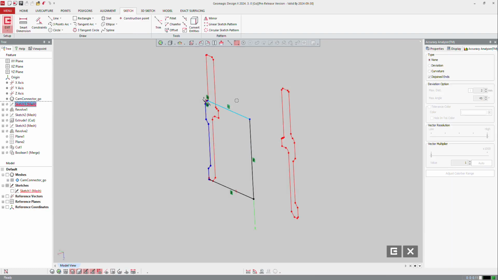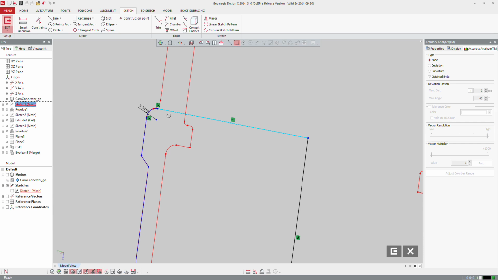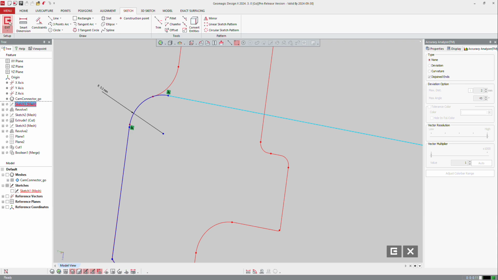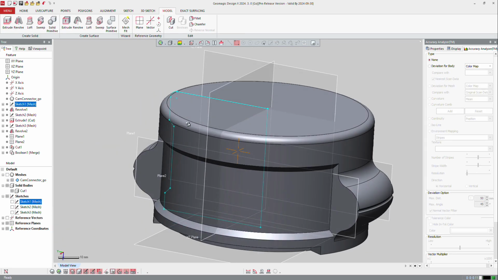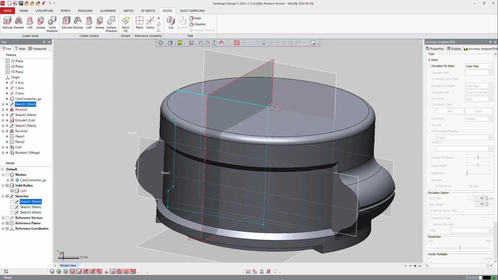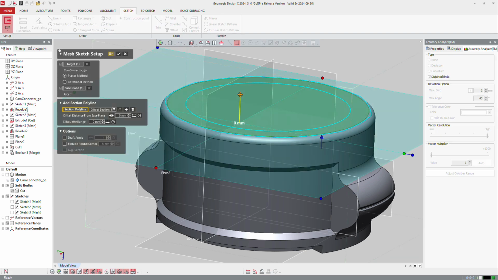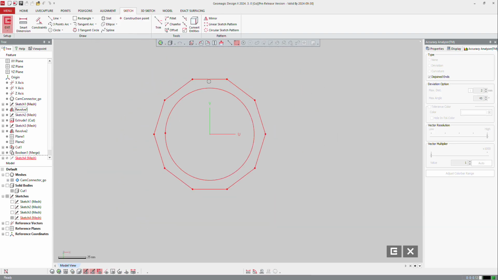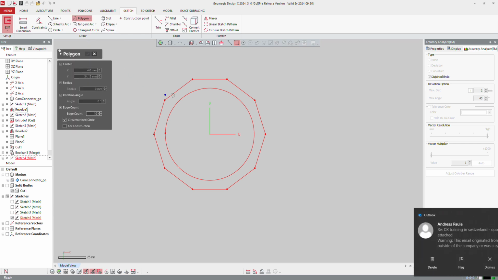So I made a mistake here. I will make it horizontal just to make sure that this is a plane, and I can check again if it's still good. It was a little bit shifted, and okay. So right mouse click here, mesh sketch, and I will move it up a little bit. So if I go here, I can see that this is a polygon. So I will ask the software to build here a polygon. So polygon will be in polygons, and I will